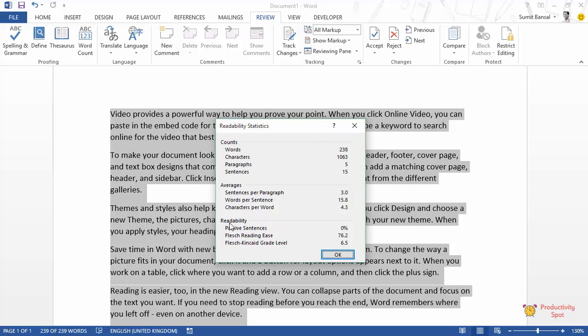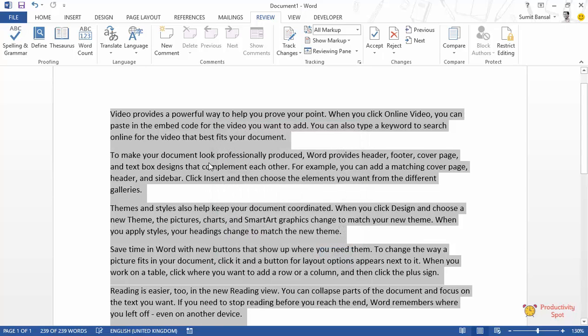Here at the bottom I have the readability group, and within this I have Flesch reading ease, and the score here is 76.2. So this is the score that you need to optimize. If you have text and you're ranging between 0 to 30, then that would be really difficult for anyone to read. You should try to have this score of more than 70 so that your sentences are easy to read and your entire text is easy to comprehend.